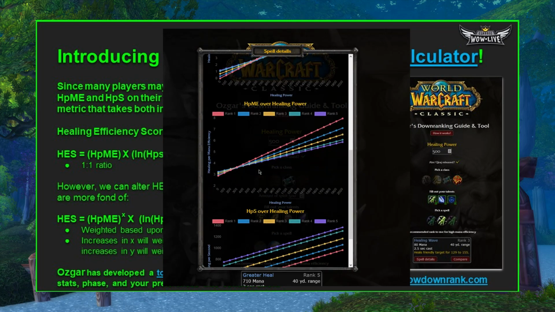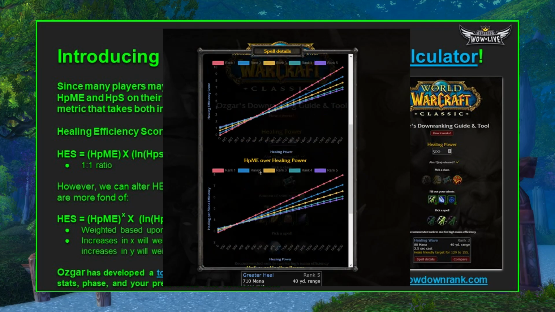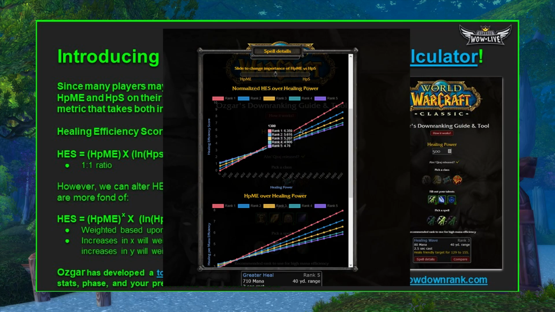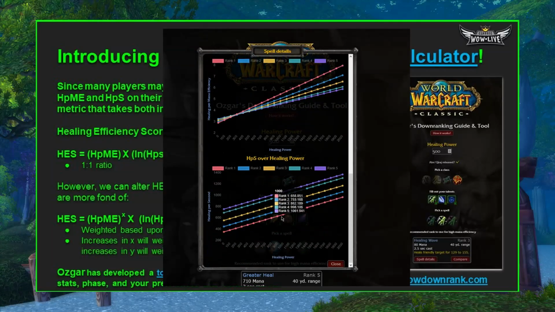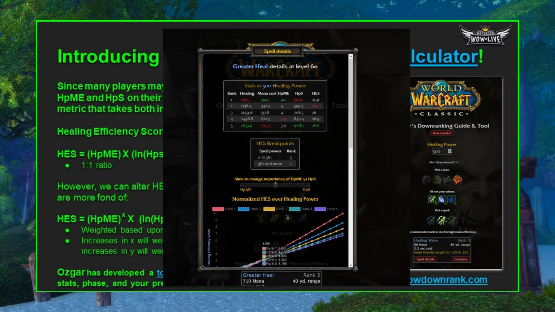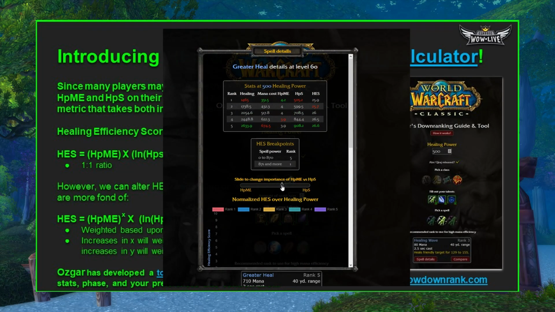HES, DpME, and HPS. If you hover over the data points on the graph, it'll tell you the spread of the ranks for that spell power that you're currently looking at, and that's the same for all three of these metrics. This is an excellent tool to let you compare DpME, HPS, and our new metric HES live with interactive